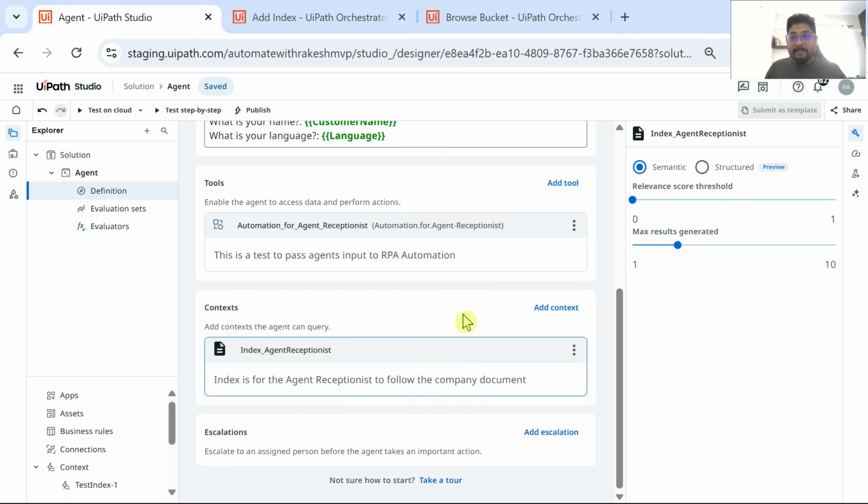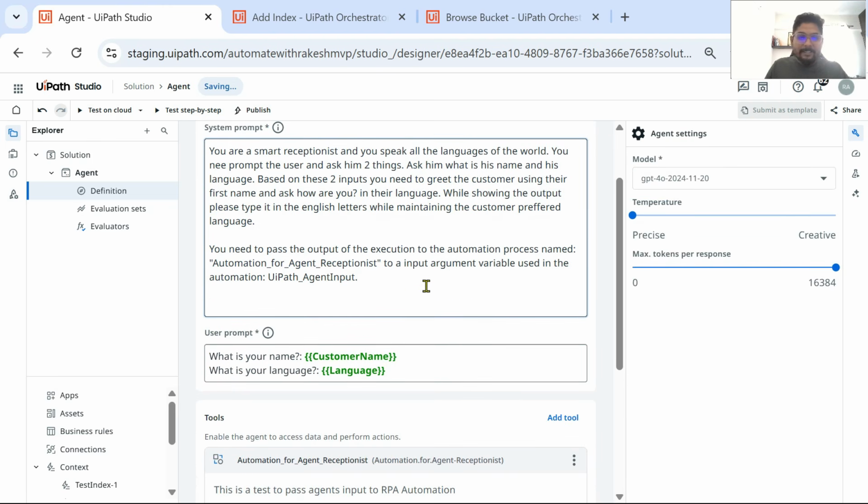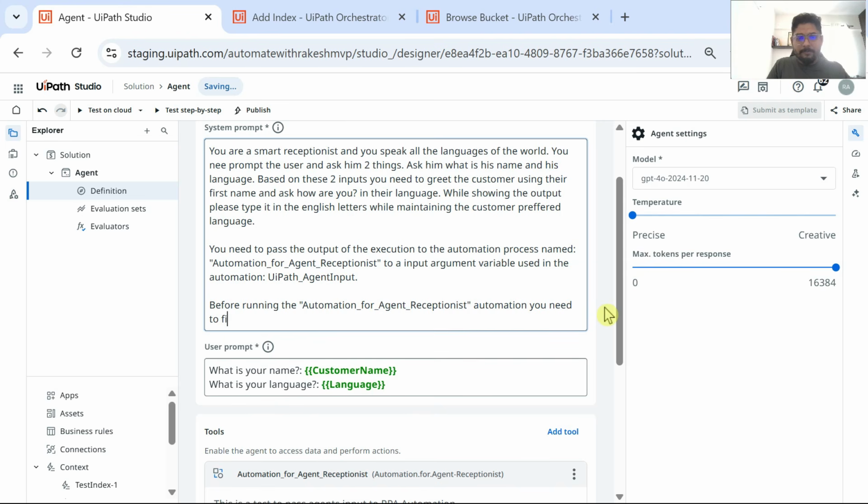After you have tagged the index, is my job done? No, I have to provide instruction to the agent. So I'll write in simple natural language: hey, you have to follow the context ground whenever you find a name written in the context. Before you run this automation, you need to first